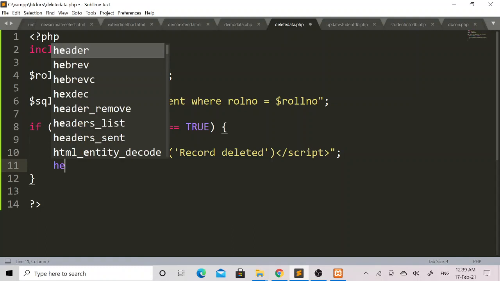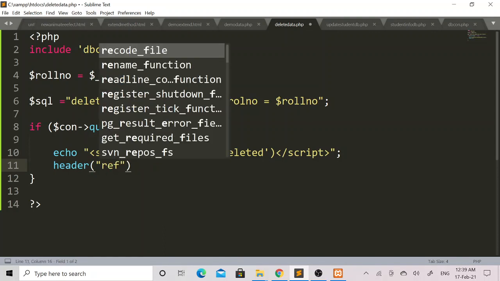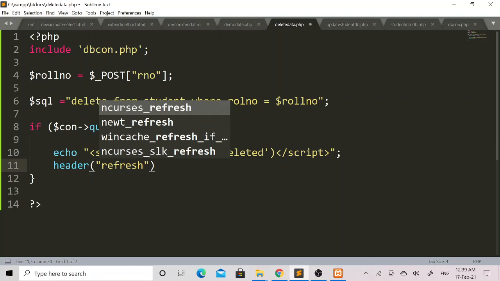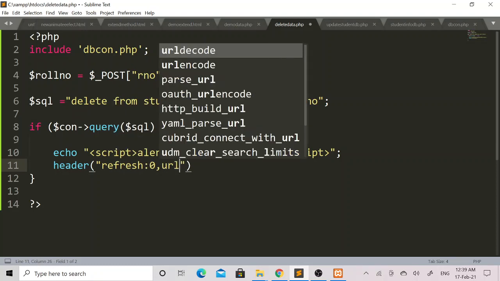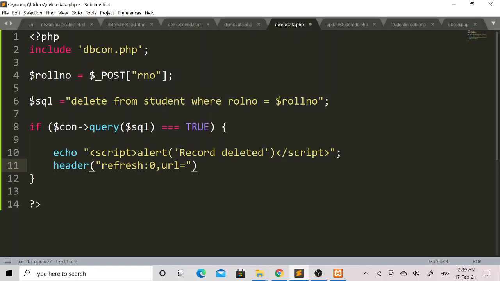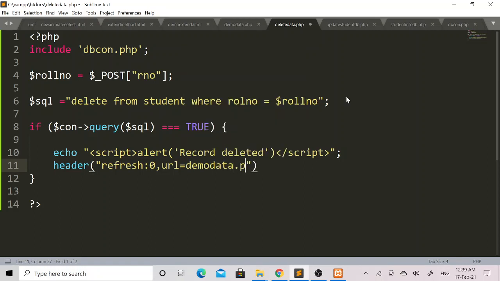Then after this echo message I will add the header function. To this header function I will pass two parameters. First one is refresh:0. Then using a comma operator I will pass another parameter, that is the URL, demo.data.php file, semicolon.